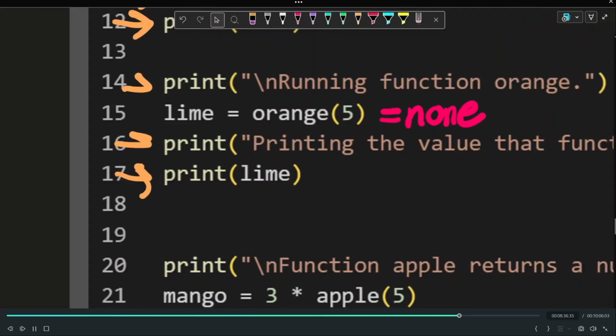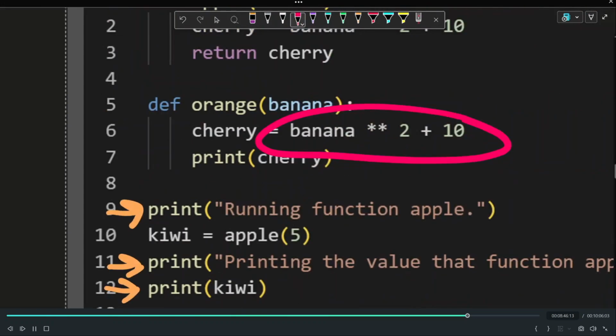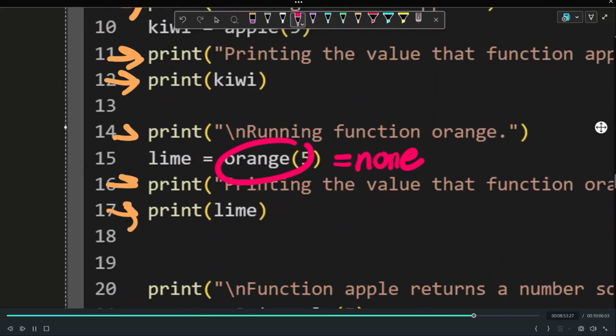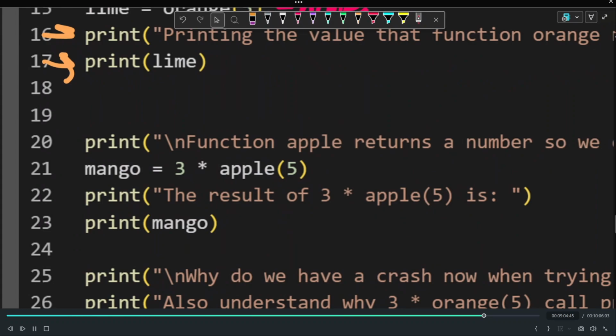Now here what happens is, when you print line, you print the actual value stored in line. But since we only have stored none, what we will print here is not the value using banana, it's actually none, because line here never stored any number, because this function never gave back anything to line. Now here, this is just another example, but the same way you can set a variable to a value, you can change it. So you can do some changes to a value before it's actually stored. Here we're saying take the value apple gives you and then multiply by 3 and then store it in